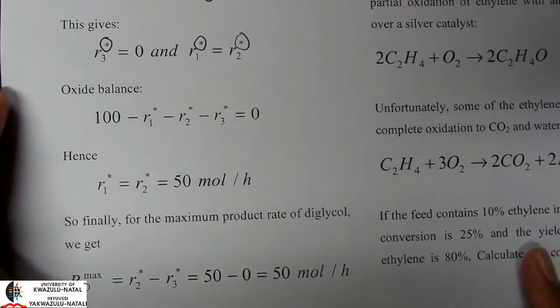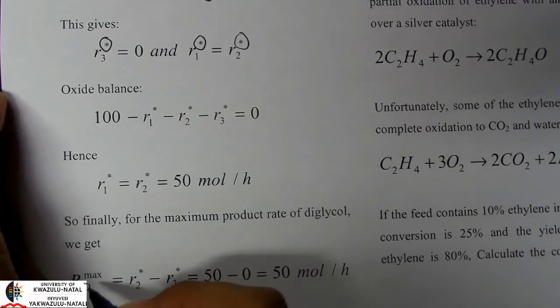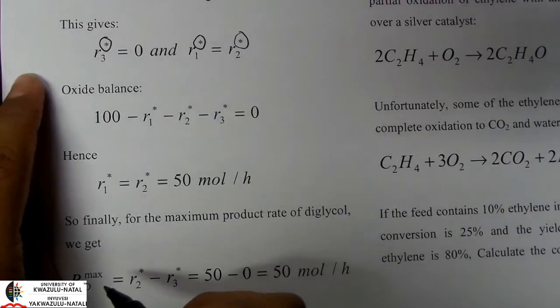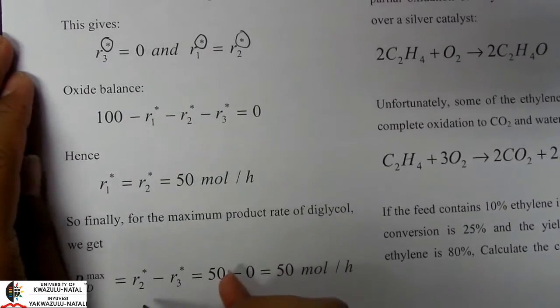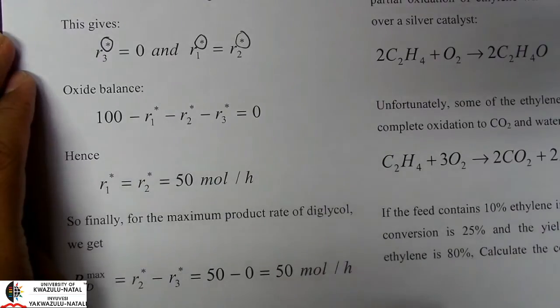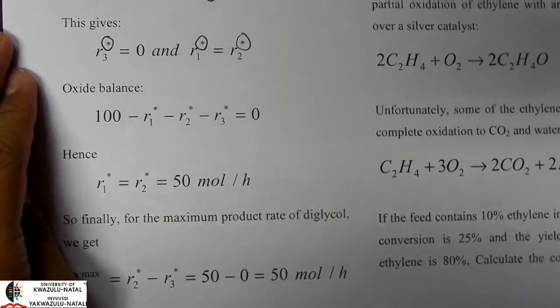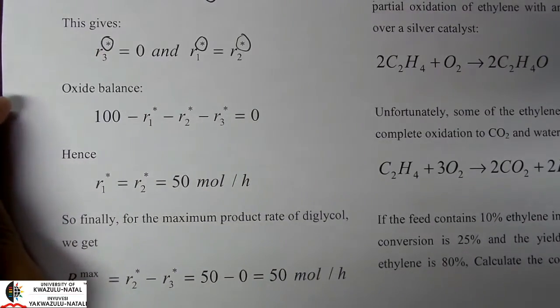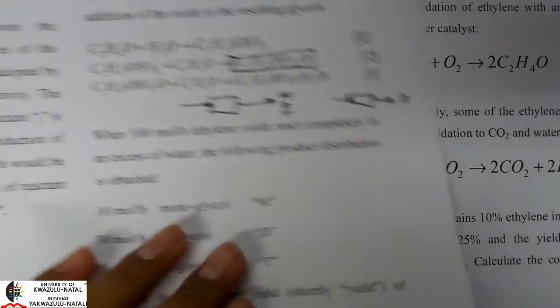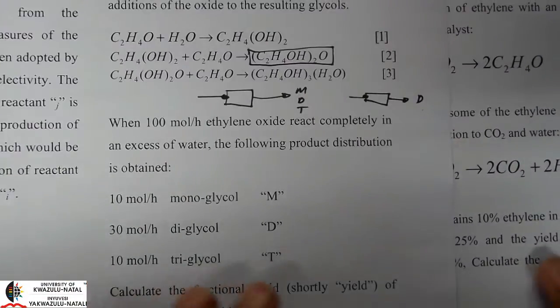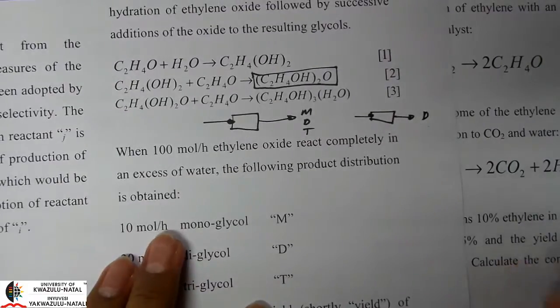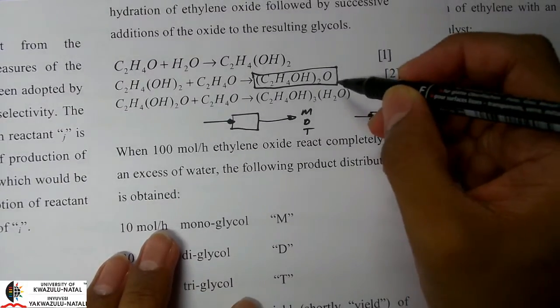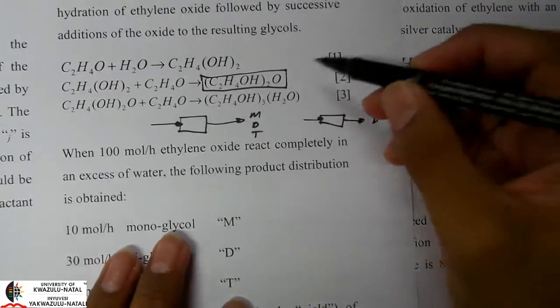Okay, and that is expressed as RD max, and that is R2 star minus R3 star, which is equal to 50 minus 0, which is 50. Now, why is it actually R2 star minus R3 star? Remember that